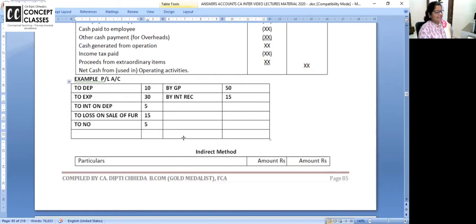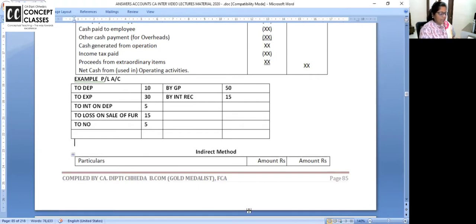Yes, right. Is your P&L account tallying? Now, if you have made this with me, I'll keep the chat box open because I'm taking some concepts. If you have any doubt, you can put it. Just 2 minutes. Clear? Now, what am I doing?